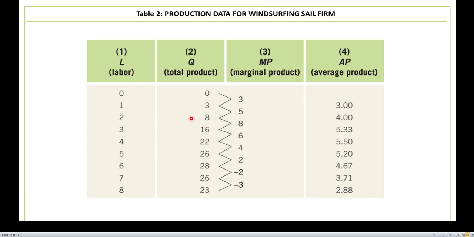So what happens to Q, MP, and AP, and the types of relationships that do develop between each of these variables as well. Take a closer look at the data. Also see if you can graph all these sort of things out. So what do you think the MP curve is going to look like? It's going to have a rising, decreasing, or sort of neutral slope or 0 slope. Same thing with average product as well. We want to go ahead and see what these look like graphically on the Cartesian plane as well.